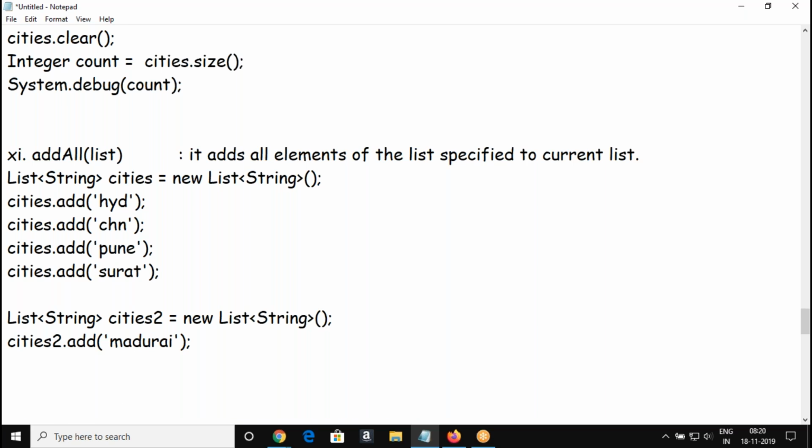Okay. Now I'm going to add all the elements from the cities to cities 2. Like this I can do.